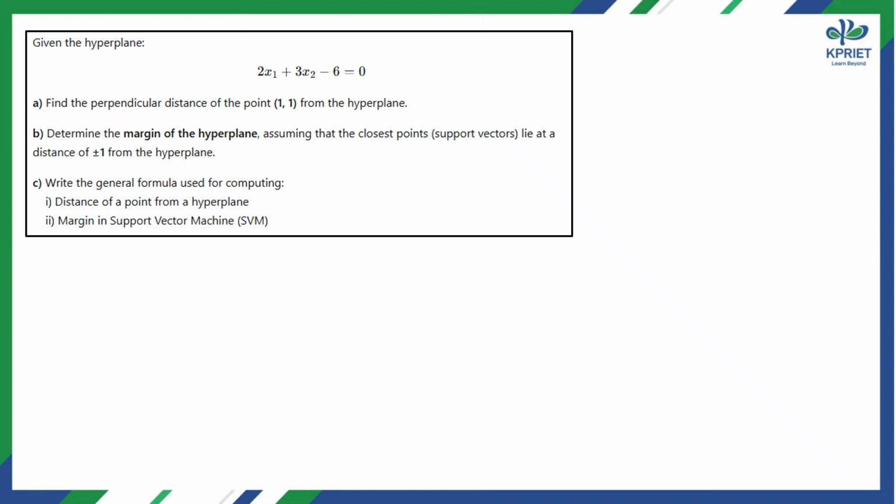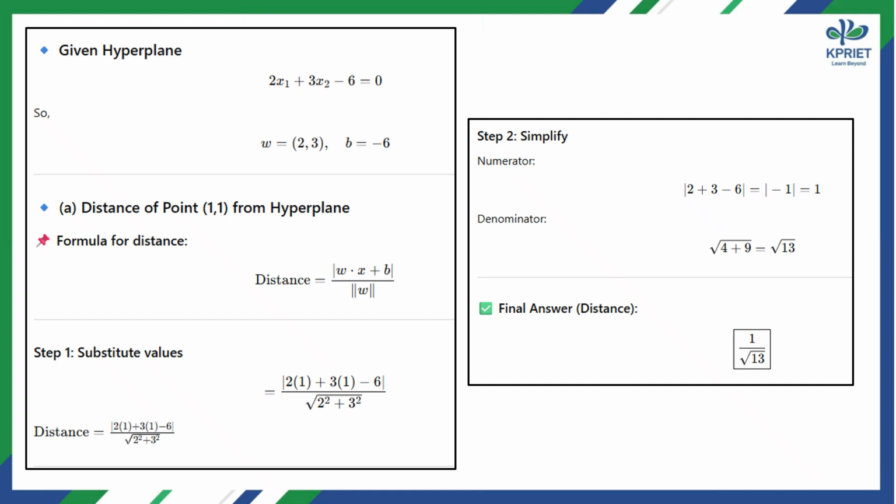The given hyperplane is given. Find the perpendicular distance between the point (1, 1) and the hyperplane. Determine the margin of the hyperplane and write the general formula used for computing. So this is the expression. Now the values are from the general hyperplane expression. I have derived the values w = (2, 3) and b = -6, and the distance between the point is